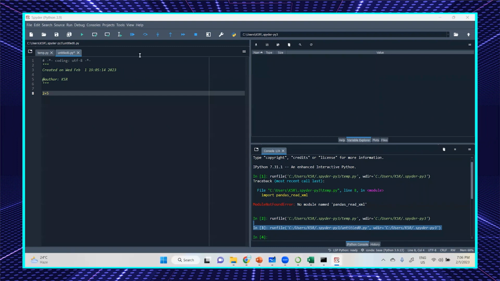Sorry, sir. When you're dealing with a large volume of data, in that moment Spyder becomes slow. So we don't suggest using Spyder in the real world. It works well, you can save and everything, but it does not support parallel processing, as I told. To overcome this kind of thing,